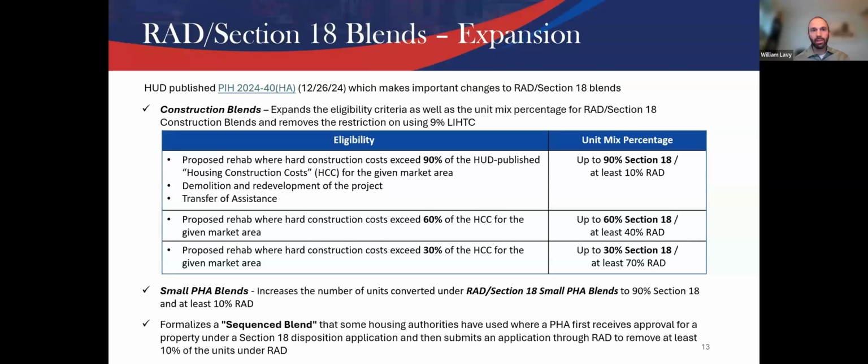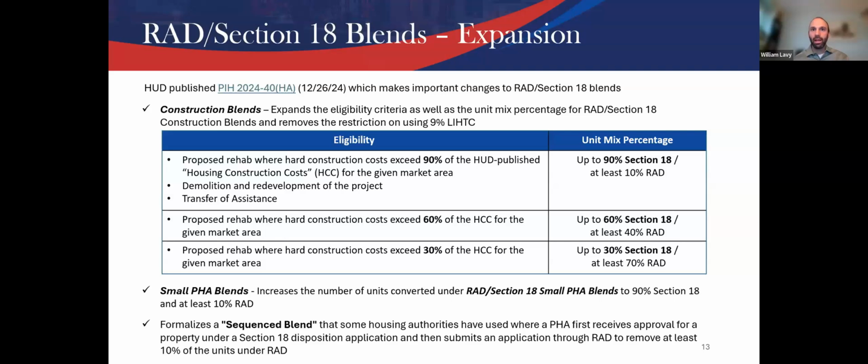Then we also formalize what's called a sequenced blend. We've seen some housing authorities do this in the past, where they first receive approval under Section 18 for a property, and then instead of fully removing the property through Section 18, convert 10% of the public housing assistance through RAD, with the main benefit of that being they're able to now bring in all of the RAD resident rights to the entire property. So we've seen a lot of jurisdictions do this really effectively, and it's not only doing the right thing for the residents, it's making it easier as PHAs communicate with residents